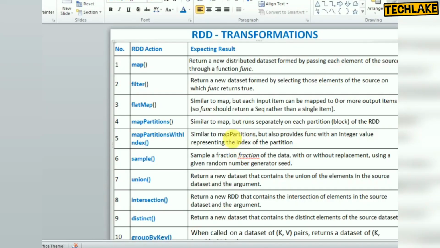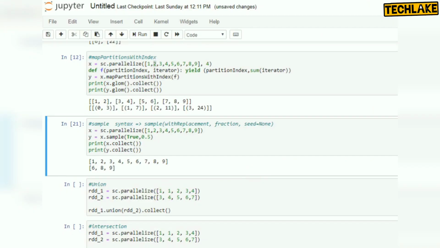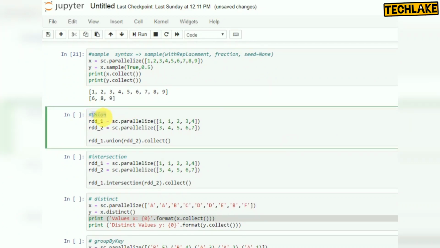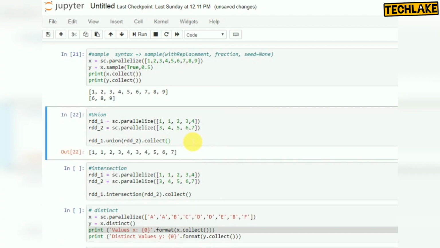Look at another example. Union. Union means whenever you have two data sets and you want to join or merge those data sets, that time you can go for union. So it's a data set operator. If you know SQL, you already know union and intersect. Here also we have union and intersect. These are the two, RDD1 and RDD2. I want to combine these two data. That's called RDD1 dot union RDD2. And I am using the collect action, because after using a transformation, if you want to retrieve the data, you have to use an action. So collect is an action.